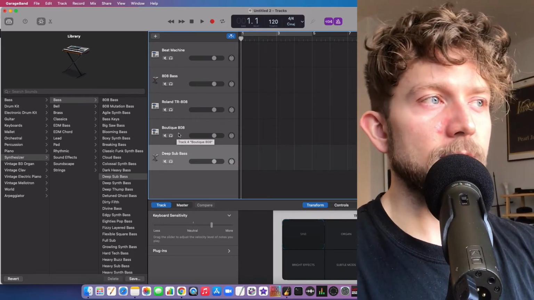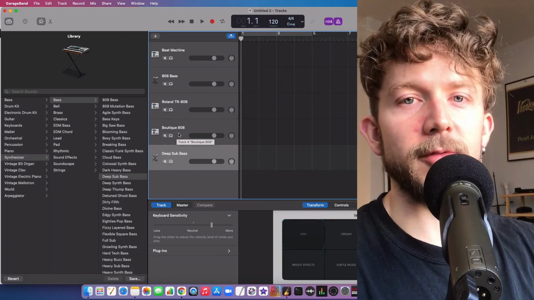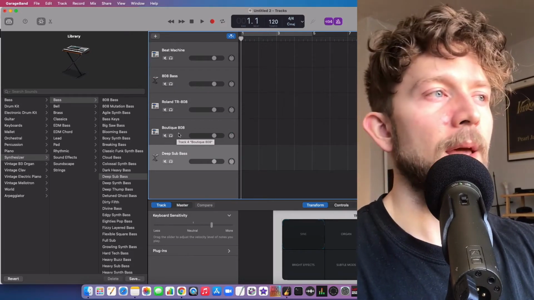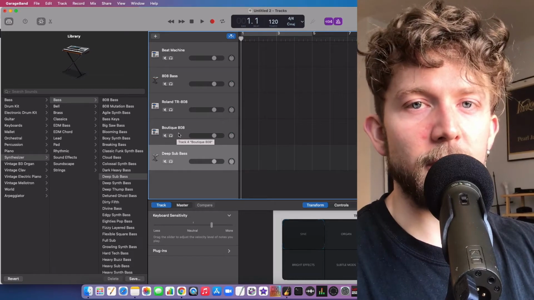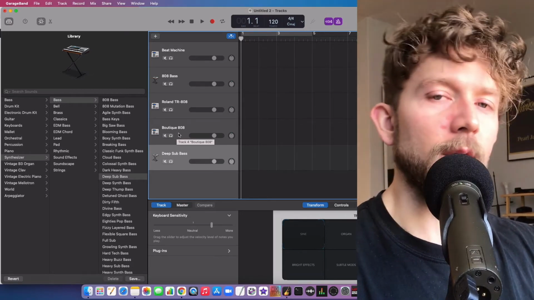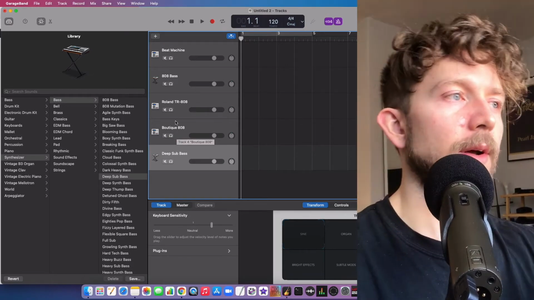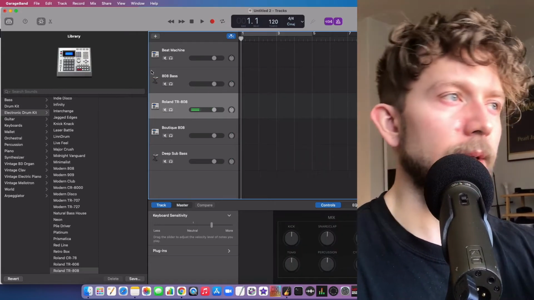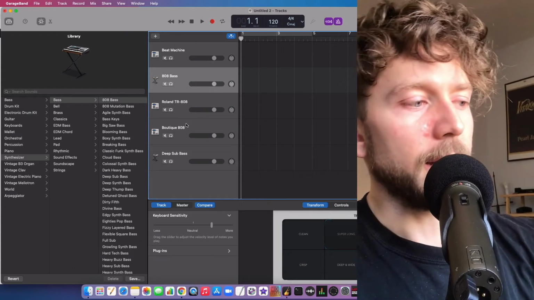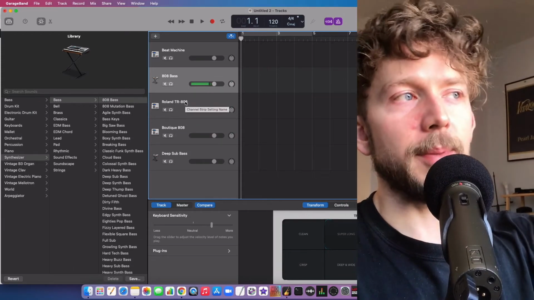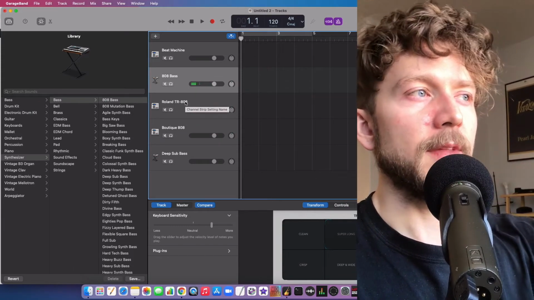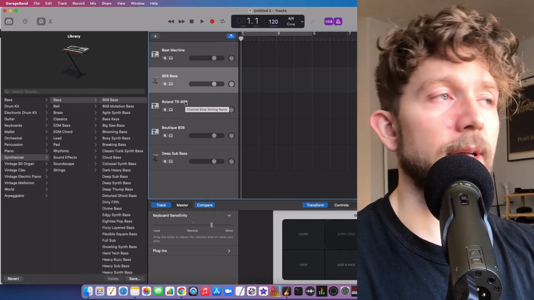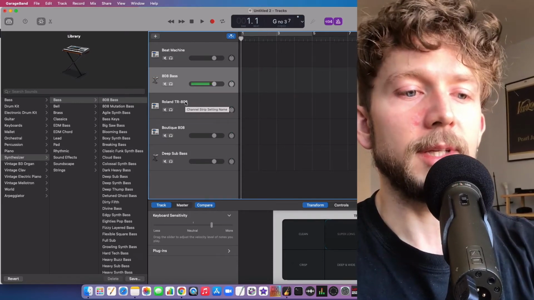The 808 used to just be a specific part of the TR-808, which was the kick drum. But now it's a catch-all term that refers to the bass sound that works in conjunction with the kick. So I hope that illustrated what I mean. Just to walk you through it again, this is the 808 bass as they have it in GarageBand here. This illustrates what it means nowadays, which is that it's literally the bass sound.